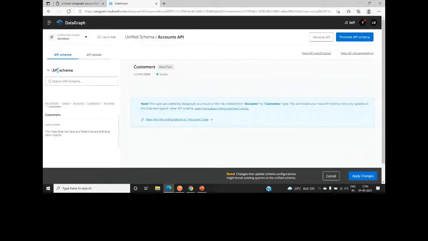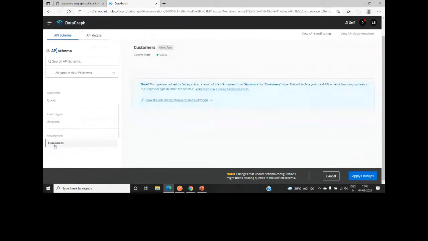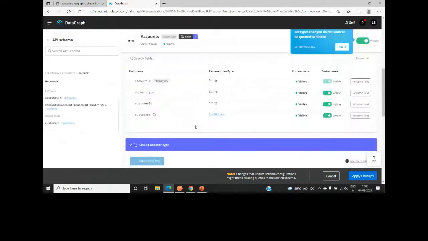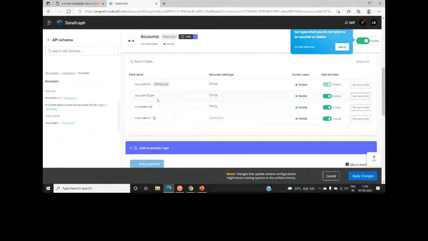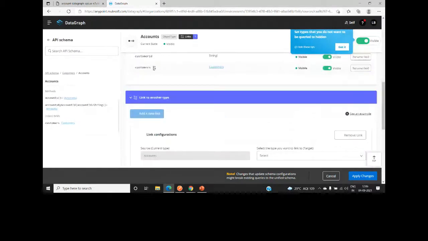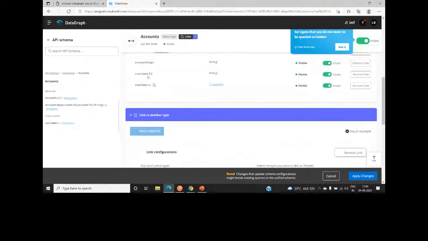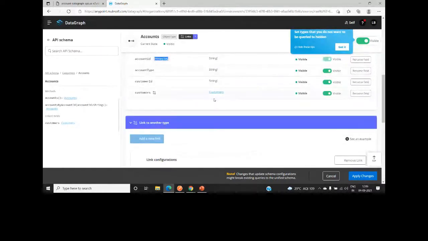Let me go to customer. Yeah. So you can see all the link configurations, everything here. So primary key. This is the foreign key. You can see this symbol, which means it will also call the customer's object basically, and here you can see the link for that. Okay, now I want to give one more scenario. Let's consider